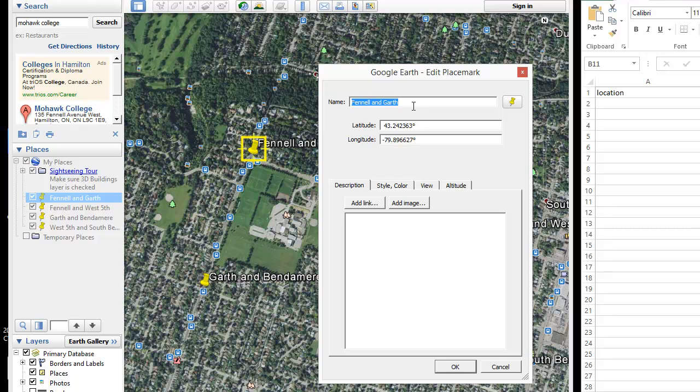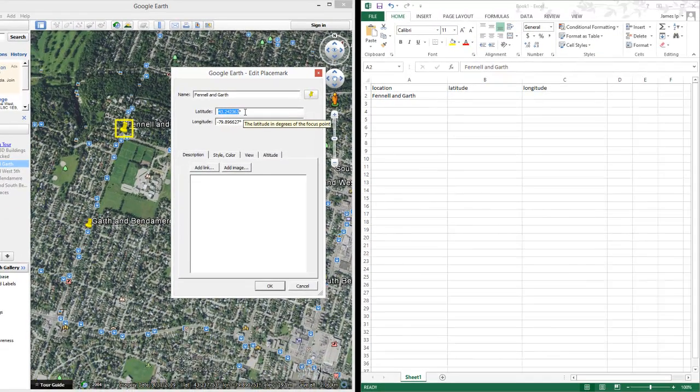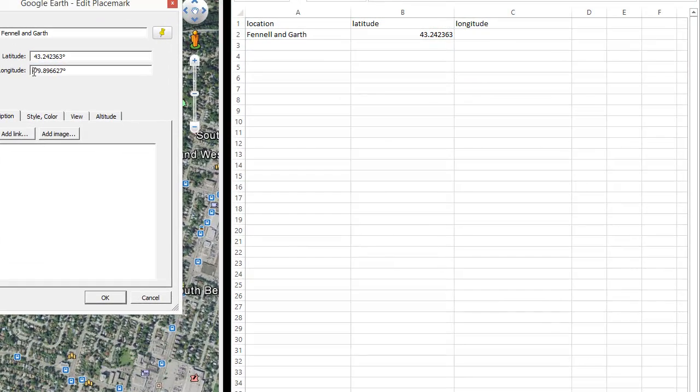We can simply copy the location, and copy the location to Fennel and Garth. Then highlight the latitude, but be sure not to select the space or the degree at the end. And if we simply copy this and paste it into Excel,